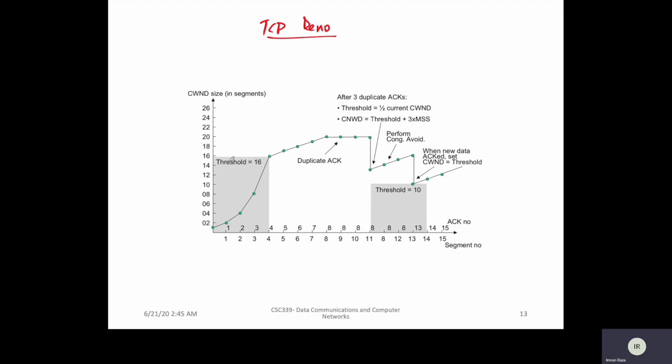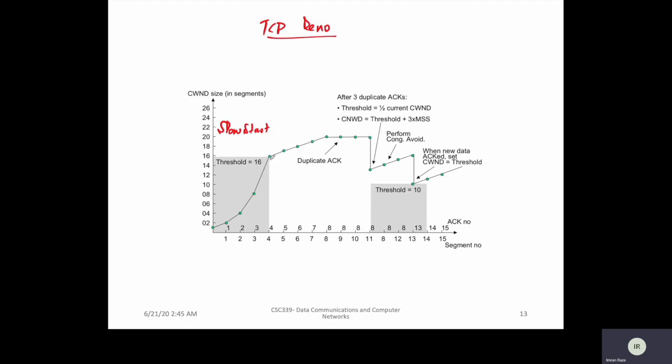this phase is the same, right? So this phase is slow start. So remember, we start with the congestion window size equal to 1 maximum segment size, and upon receiving acknowledgement, we increase the congestion window size to 2, and upon receiving cumulative acknowledgements, we increase it to 4, and then 8, and then 16. So this increase is exponential, right? And it represents the slow start phase. And then now, when the congestion window size is equal to or greater than the slow start threshold, which is 16 in this case,